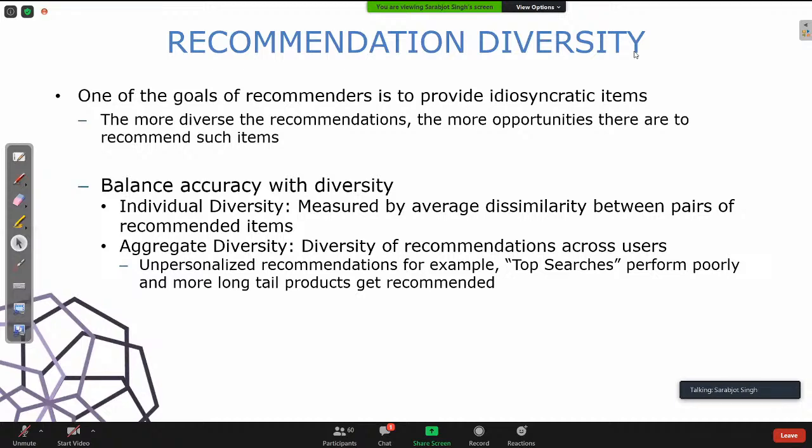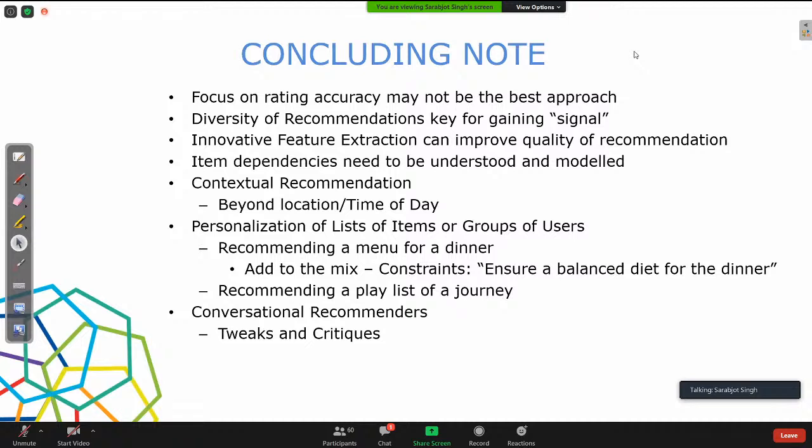So, concluding very quickly, recommender systems, as you saw, began with the first collaborative filtering algorithms in the mid-90s. I was very lucky to get involved in this space in the late 1990s, so I have really seen it evolve over the years. There are some very interesting problems still to solve there. I talked about textual recommendation. I talked about recommending to groups rather than individuals. And of course, as we move to more conversational interfaces through chatbots, conversational recommenders where we can tweak and critique,